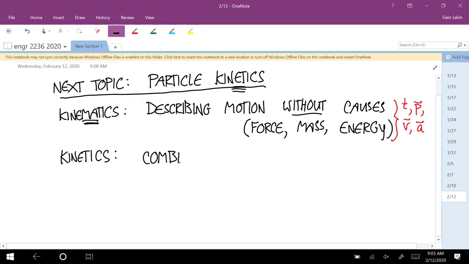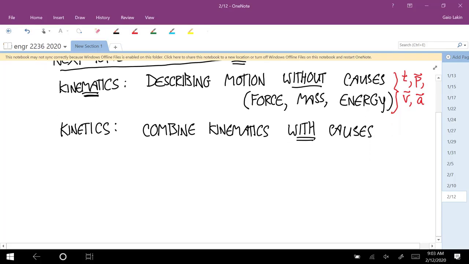Kinetics is combining kinematics with the causes of the motion. So now we're going to start talking about mass and force and energy later on. For particle kinetics,